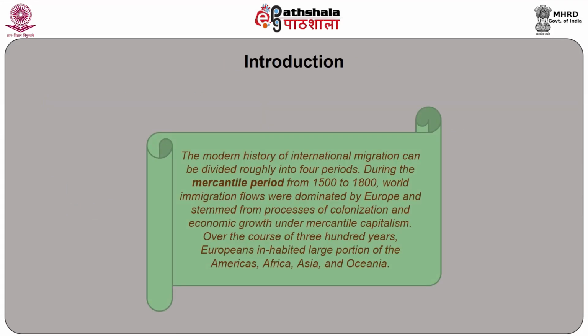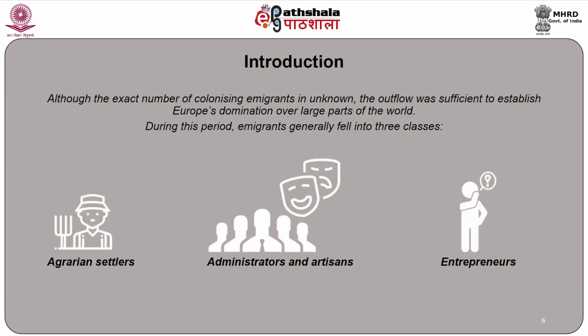The modern history of international migration can be divided roughly into four periods. During the mercantile period from 1500 to 1800, world immigration flows were dominated by Europe and stemmed from processes of colonization and economic growth under mercantile capitalism. Over the course of 300 years, Europeans inhabited large portions of the Americas, Africa, Asia and Oceania. Although the exact number of colonizing immigrants is unknown, the outflow was sufficient to establish Europe's domination over large parts